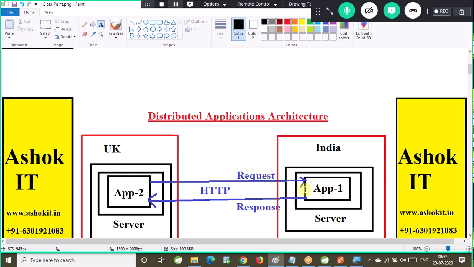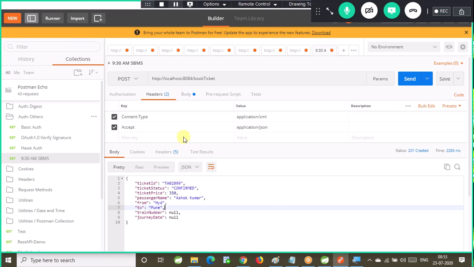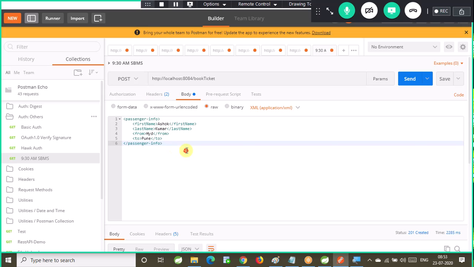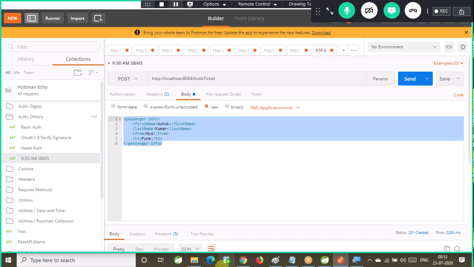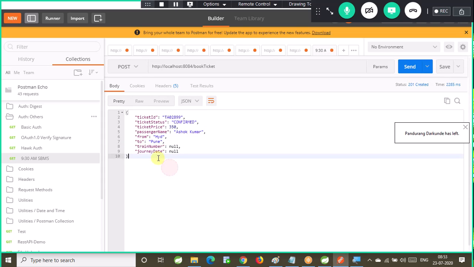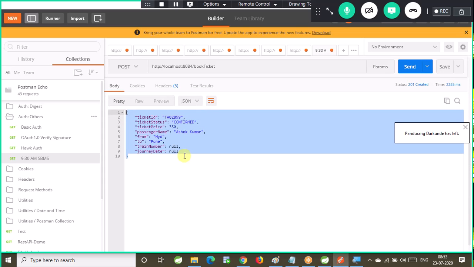Now, if you think about our eRail application, the input I am sending is passenger data, which is the payload sent by the client. The output I got is ticket data, which is the payload sent by the server. So I sent the passenger data to IRCTC. IRCTC booked a ticket and sent the ticket information to me. Now I am a client for IRCTC. Here I am using Postman as a client. Using Postman, I am sending a request to the REST API, which processes that request and sends the payload back to me in the response body. I sent my payload in the request body, and the server sent its payload in the response body.